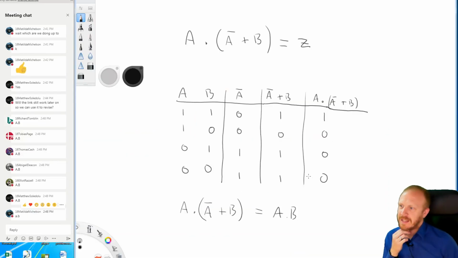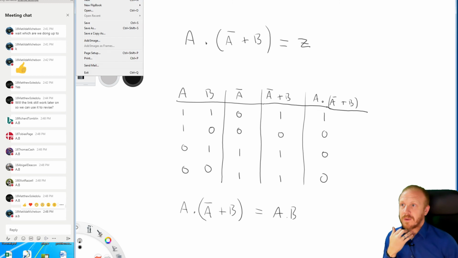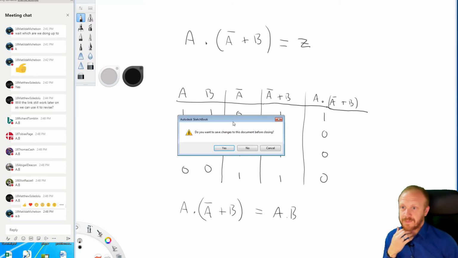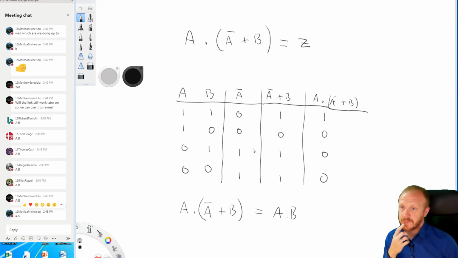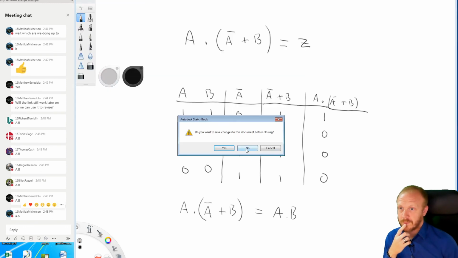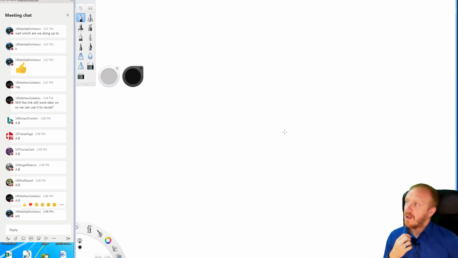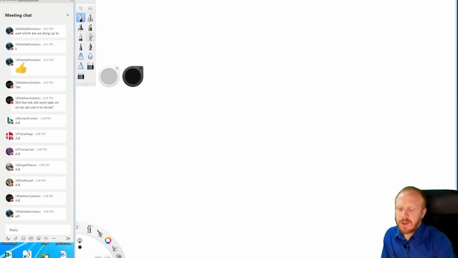What we can do instead is remember a couple of mathematical things that are really similar, and then just logically work out the rest. So things like this, if we've got